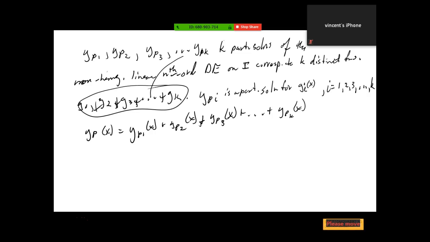Now again, here we go. They give us the answer and say, show that it worked. Not show that it works, but verify. I don't know what we're saying. Yeah, you should verify. Here is a y sub p sub 1, a particular solution of minus 4x squared. They claim this is a particular solution